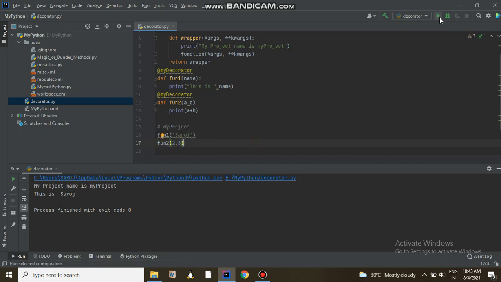Now if I execute, I can see both are decorated by the print statement, and the corresponding outputs are also coming in the terminal. So both are working fine.